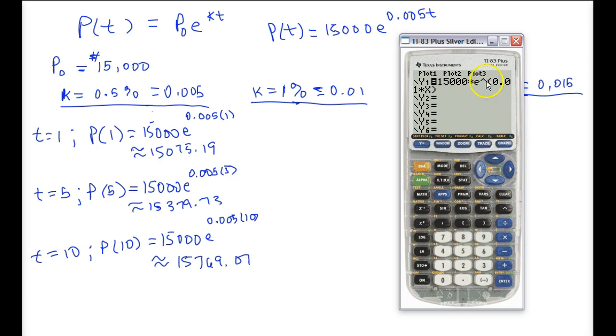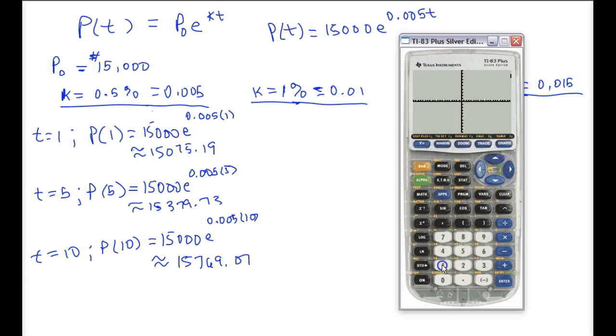And so now, once I have that, then of course, I can go in and calculate values for P of 1 when K is at 1%, P of 5, and P of 10, meaning what is going to be the amount after 1 year, 5 years, and 10 years. And so, of course, I'll go in, go to calc again, so second,